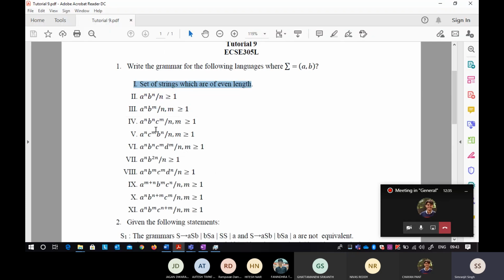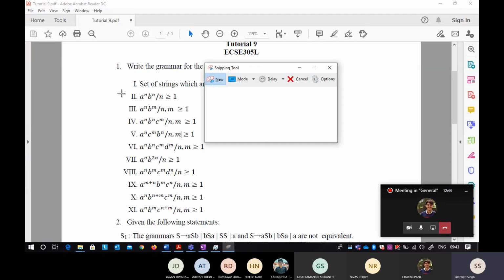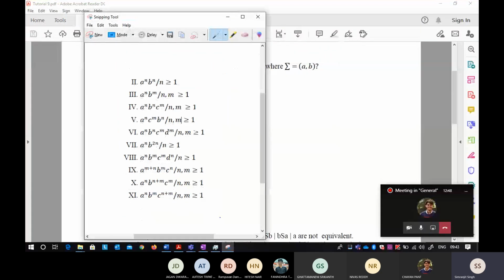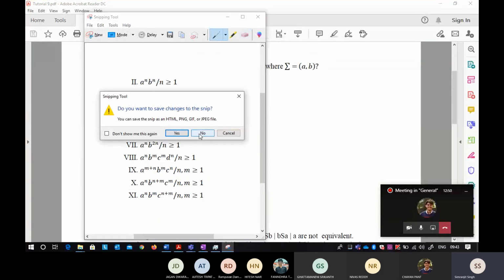Now, these are the easiest questions that you will see. I don't think I can copy and paste that, because there will be a problem when I copy and paste that. A will not be a raised to the power of n. So just let me take a screenshot of this one and paste it there.